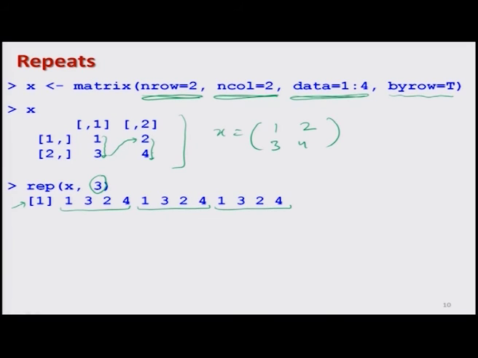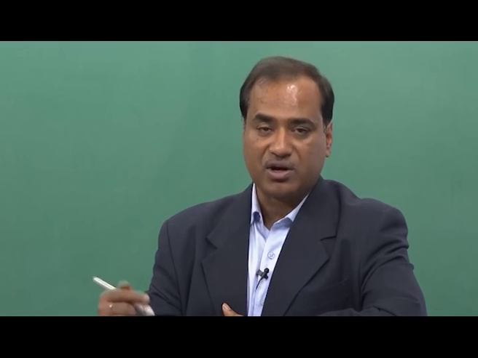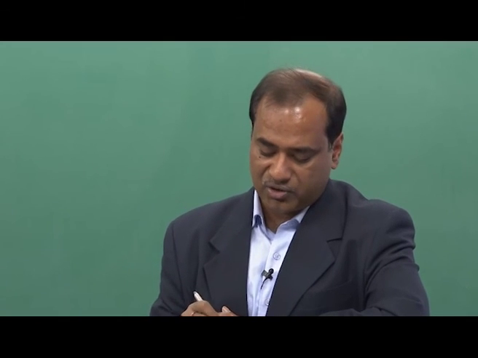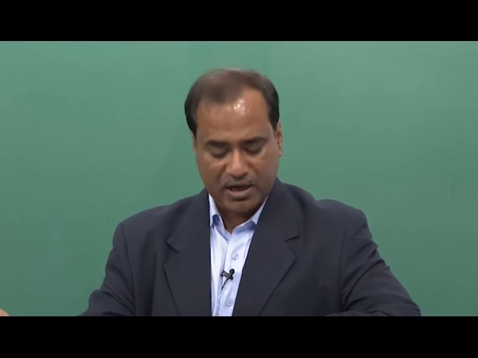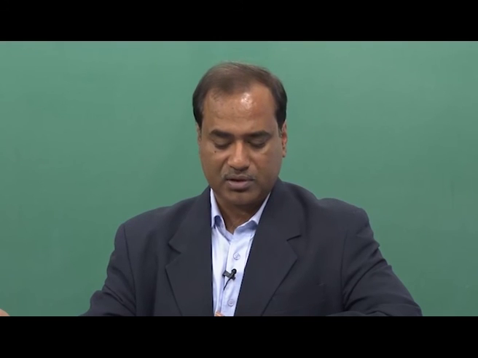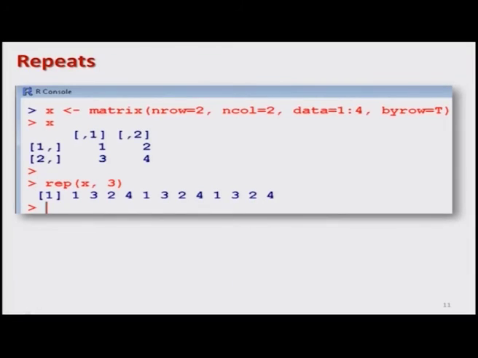So whenever you are trying to use this repeat command with the matrix, don't expect that the entire matrix is going to be replicated or repeated, but something else happens, and that is what you have to understand: the sequence of 1 3 2 4 is repeated 1 time, 2 times and 3 times. So in case you need this type of data object generation, that will also help you. And the advantage here is that the values may be anything actually, right. Okay. So this is the output,